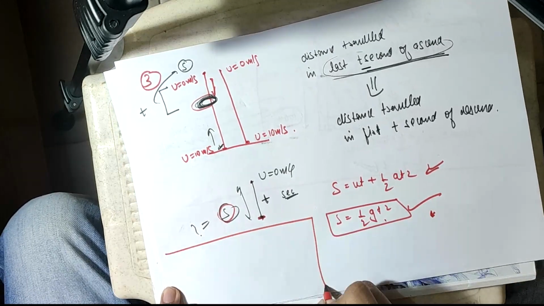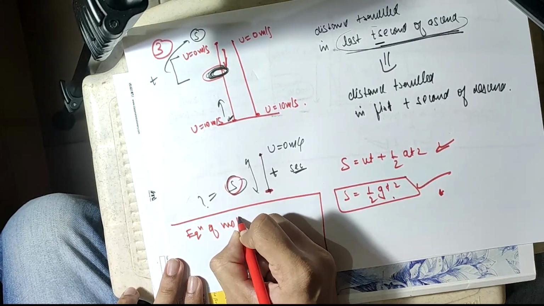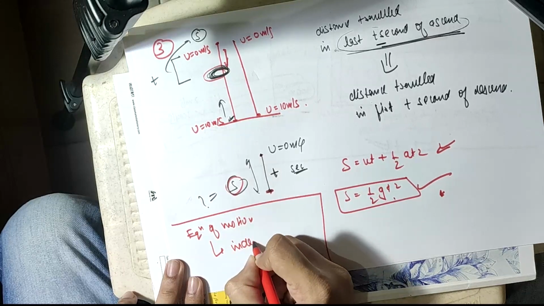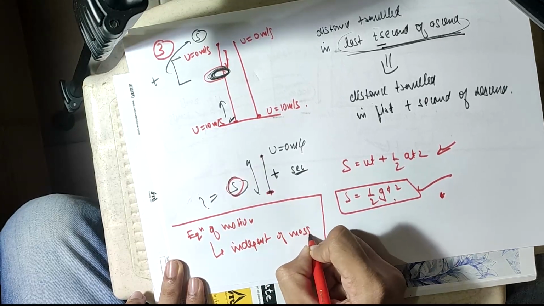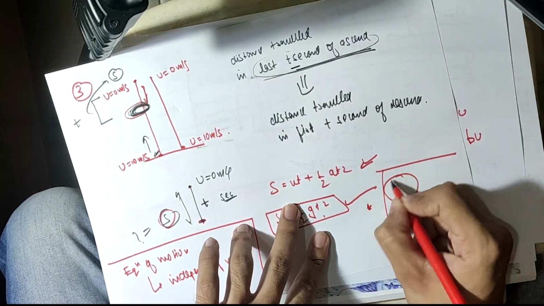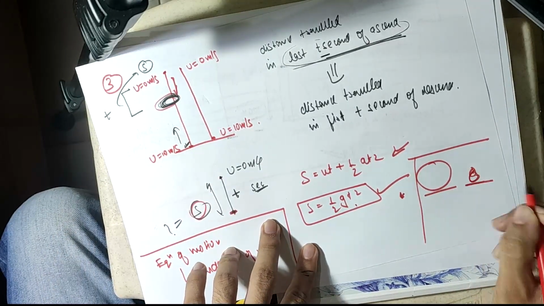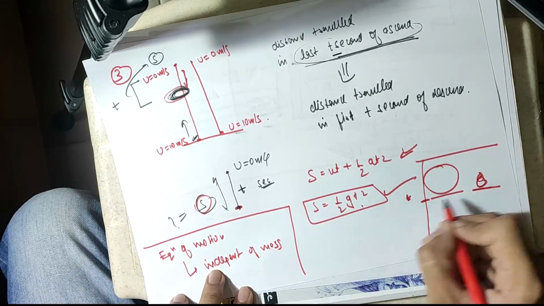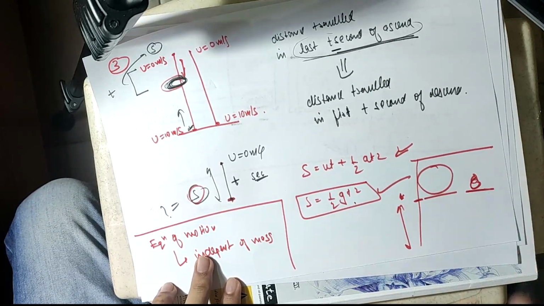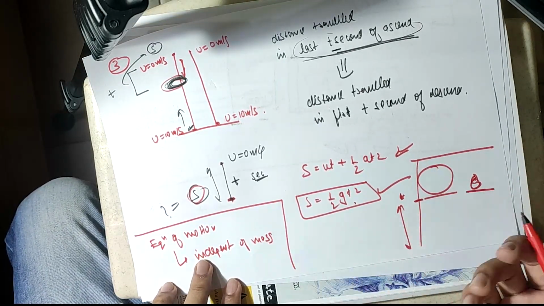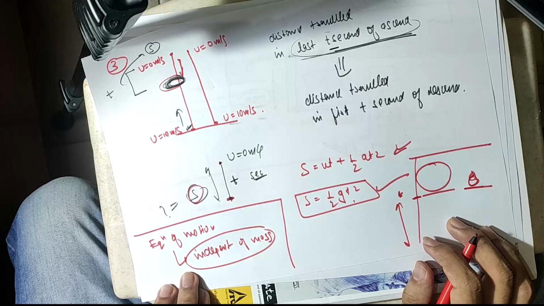Some more trivial points I can say. See, equation of motion is independent of mass. In no equation of motion was there a mass. So if I say there's a big watermelon and a small egg, and they are thrown from the same height, which will reach first? The answer is both will reach at the same time, because equations of motion are independent of the masses. So this is one trivial point.